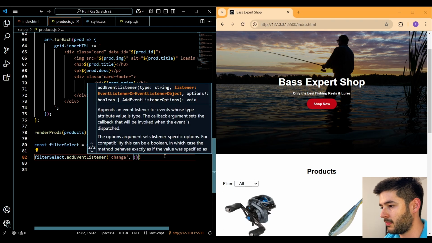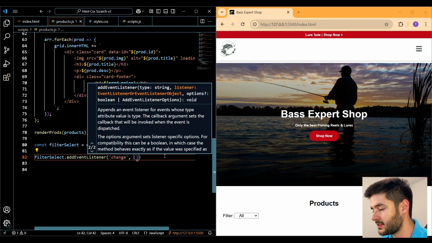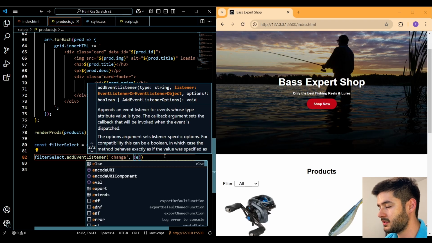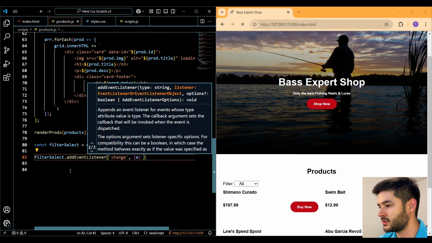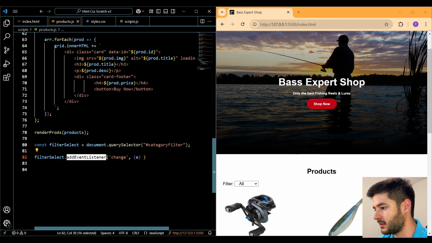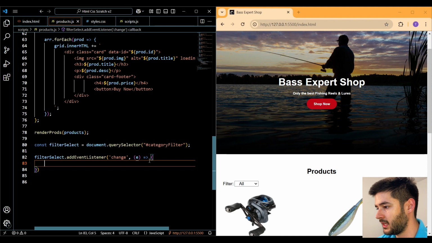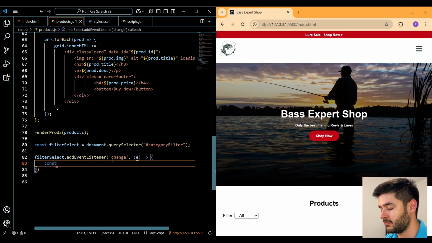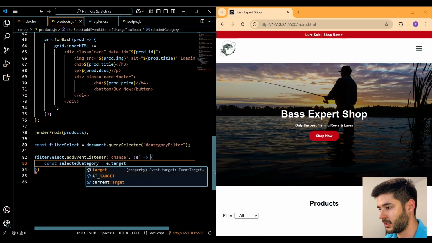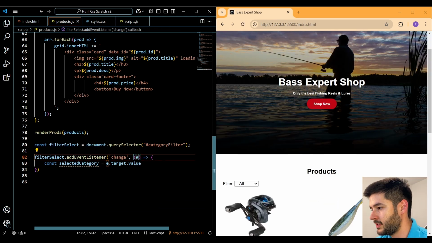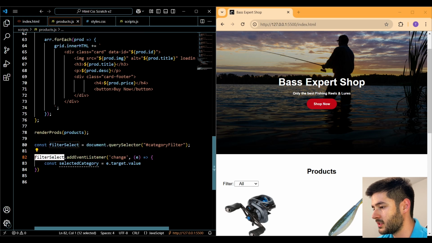And inside of our callback function, what we want to do is pass in our event object. This is a special object that we can use since we are using addEventListener. But we'll use our arrow syntax again. And what we want to do is create a constant variable called selectedCategory. We want to make this equal to event.target.value. So all this event object is doing is giving us information based on the event that happens to this